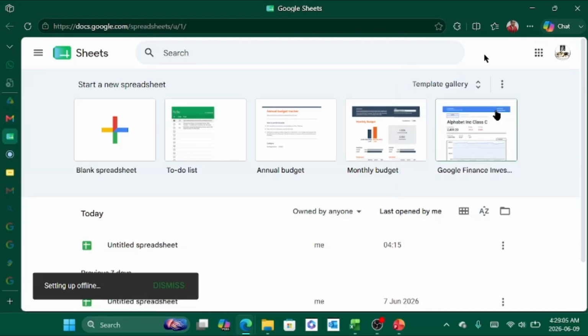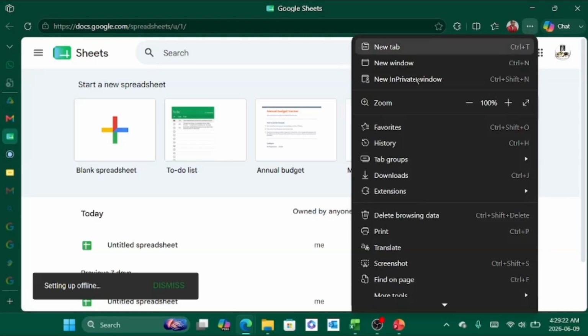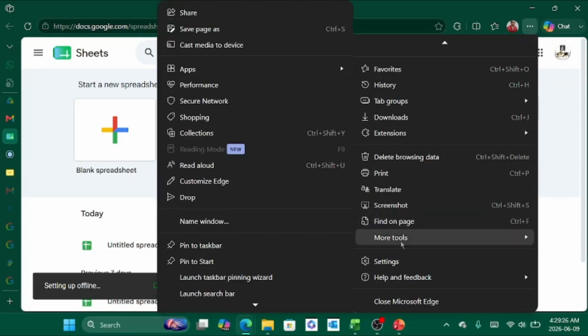Now, once it's done, we're still waiting for it. So you hover over to this dash over here. You can see these three dots. Click on these three dots. When you click on these three dots, locate more tools. Now, for those who are making use of Chrome browser,